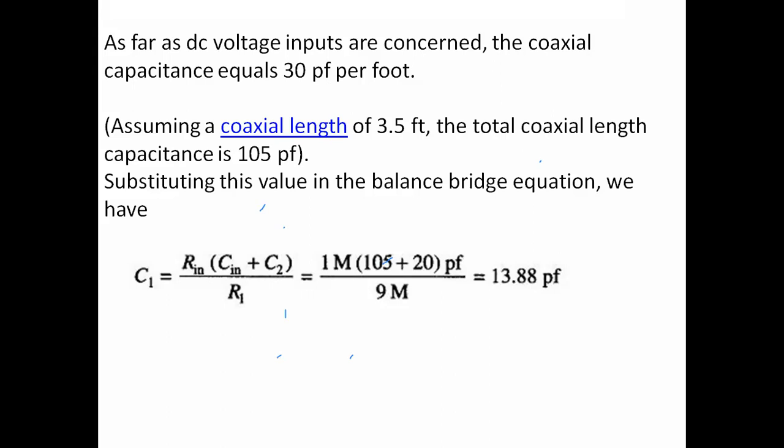So I think you may know that coaxial meaning. Assuming the coaxial length is 3.5 feet, the capacitance is 30 picofarads for a single foot. For the total length of 3.5 feet of coaxial cable, it offers a capacitance of 105 picofarads. And substituting these values